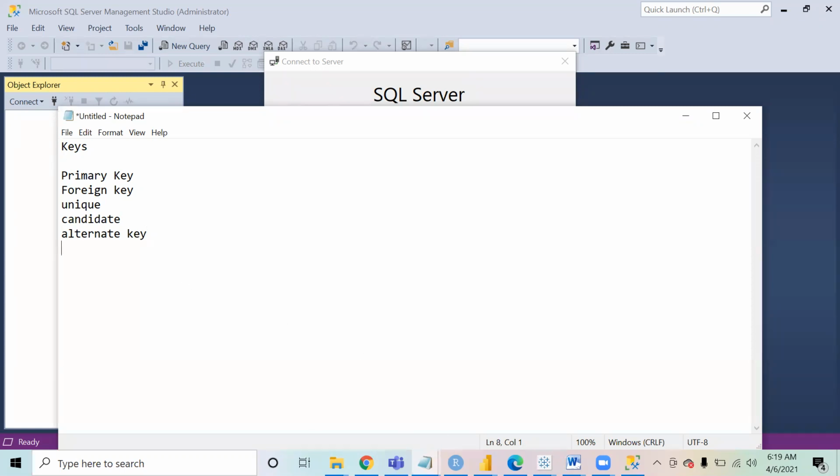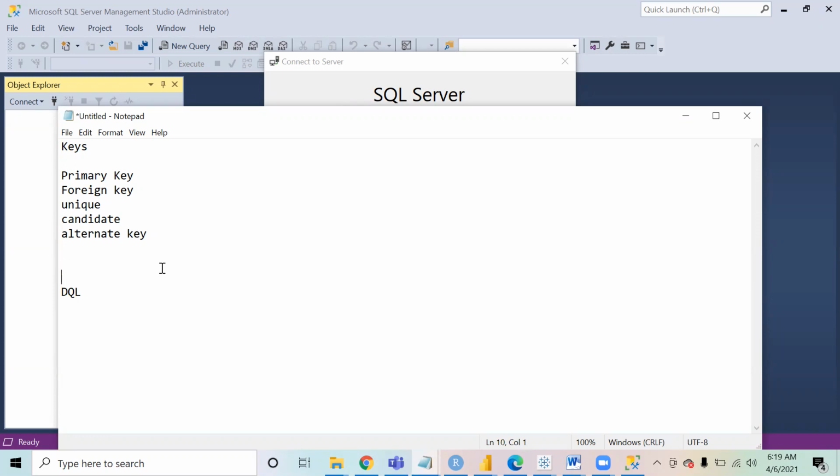So today, first of all, we will be exploring the DQL. In SQL, we have different types of commands that we can use.